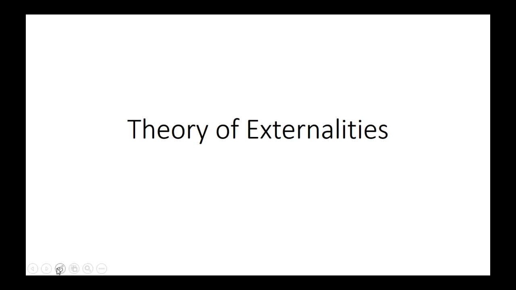All right? So we're going to begin by talking about the definition. What do we mean when we talk about an externality? So let's define it, and then we'll look at some examples, make sure we understand it, then we'll treat it graphically. So the formal definition says that in the process